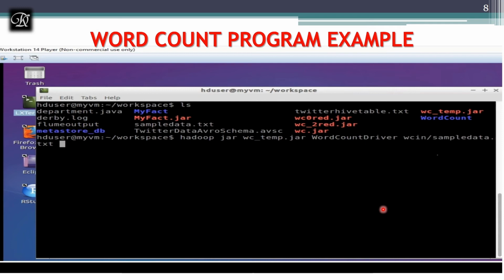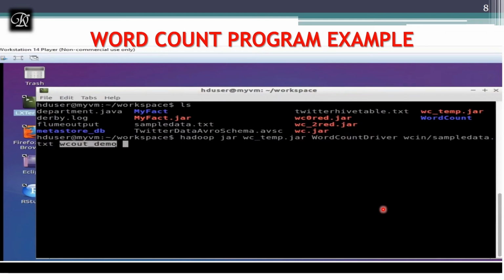Directly I cannot run. I'm repeating it. I should start running with the Hadoop command or HDFS DFS command. And the input file is there in the format of a jar. You know, that is also one of the advantages of our Java, that it is platform independent. So these jar files make them platform independent.